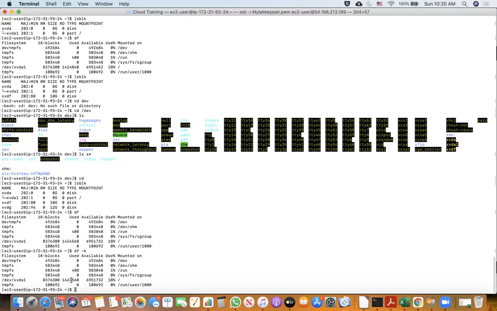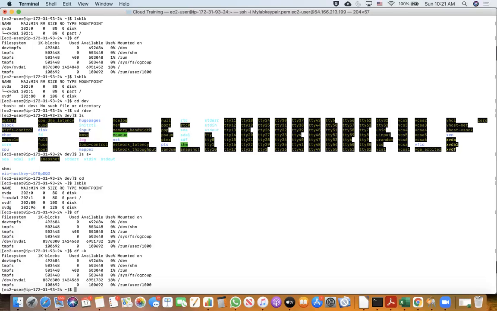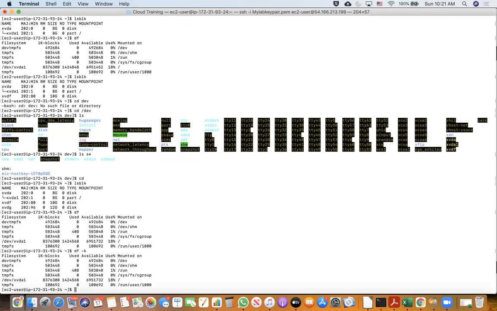So it is taking up some storage, and 18% of the storage is being used, and this much is the available storage. You will not see anything like that for these disks, XVDF or XVDG. This 10 gig and 12 gig will not be listed by the operating system. For that to be listed by the operating system, I need to make this particular storage usable.